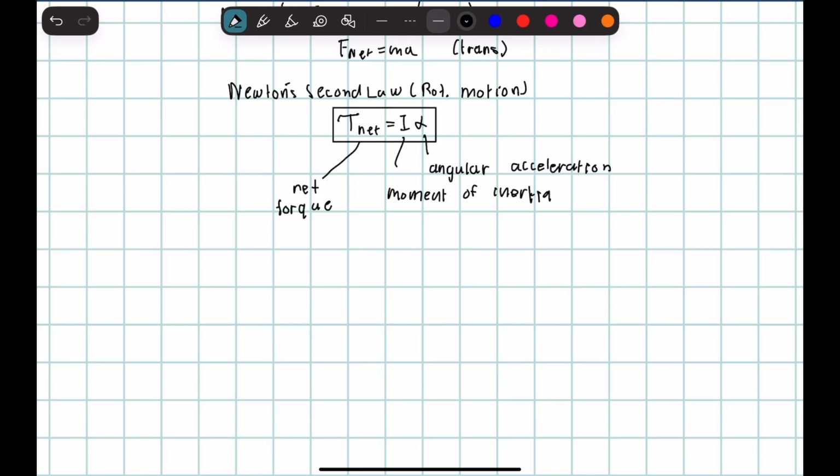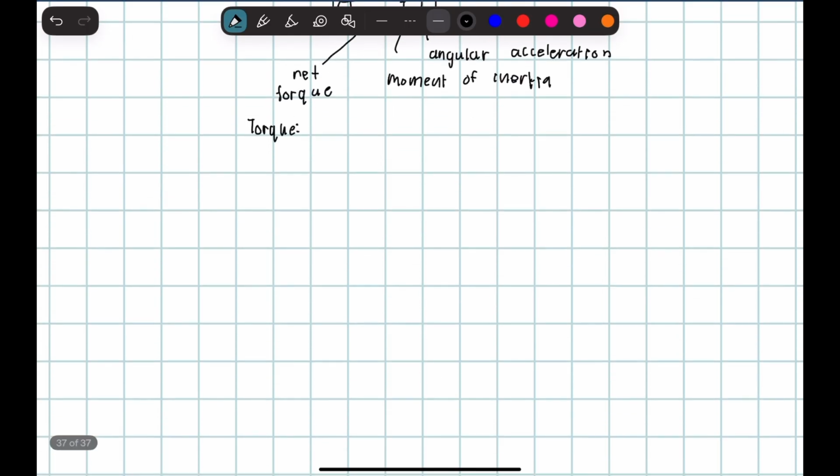So now let's continue with what torque is again. I've mentioned this in previous videos, but let's just restate it. Torque is the rotational equivalent of force. So essentially they do the same things, just in their respective angular versus linear measurements, right? So tau is just going to equal r times F sine theta. And some things you need to know is that torque